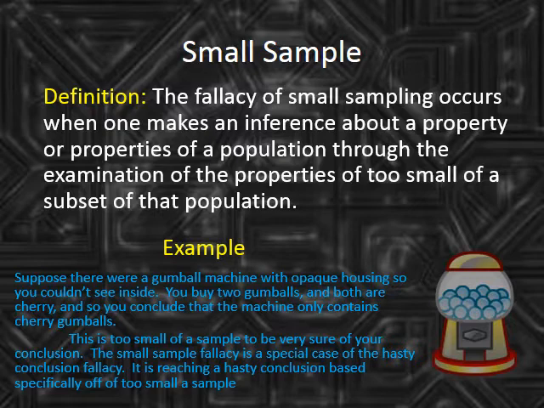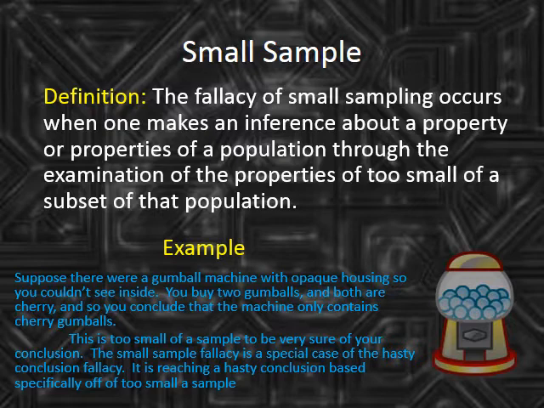Suppose that the gumball machine contains equal portions of cherry and grape. If that were the case, then your odds of getting 2 of the same flavor are actually 50-50. It doesn't matter what the first flavor is, cherry or grape, the chances of the other flavor matching it are 1/2. You can test this with 2 fair coins. Flip them both, and half the time they should match. So if the gumball machine had only 2 flavors, then half the time you would wrongly conclude that it had only 1 flavor based on a sample of 2.